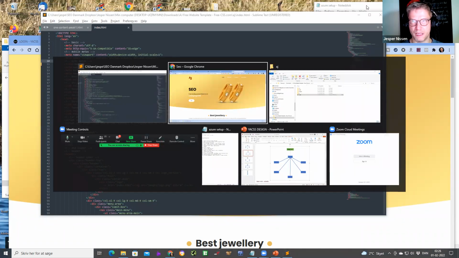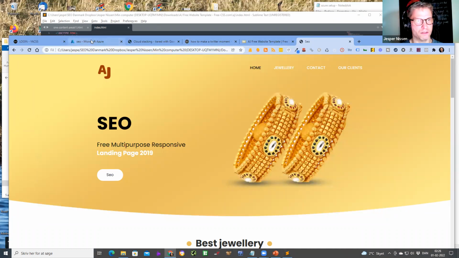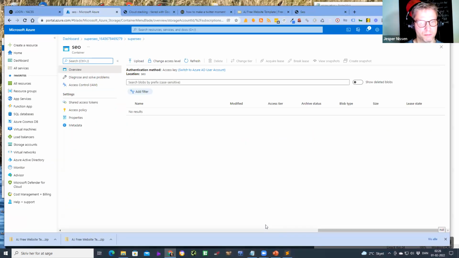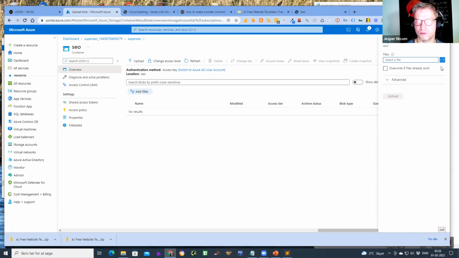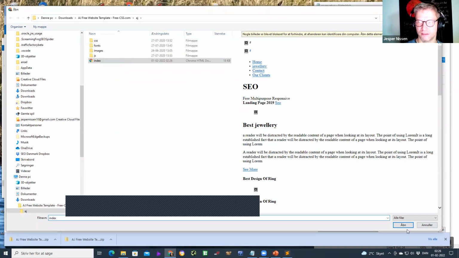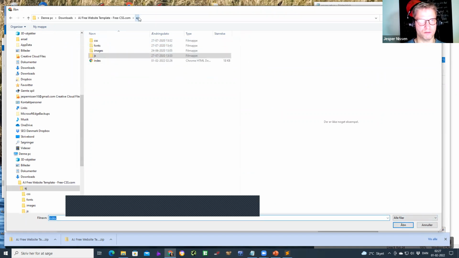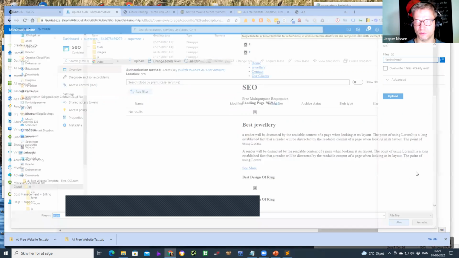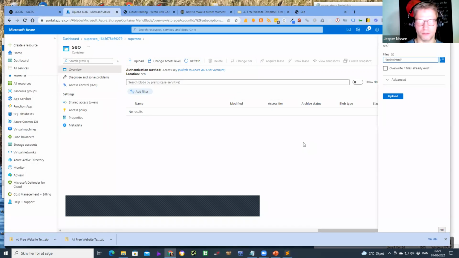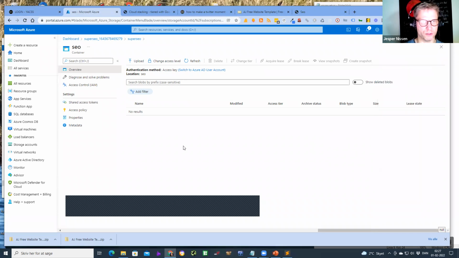Now I think I'm actually done here, because now I can upload. I can upload HTML files from here, but I'm not an expert in using this backend because I never used this backend. I just tried, and it seems that if I click on index and select all these files, it doesn't understand this. So I can only upload one file at a time, and that's a little bit annoying, right? So that's not what we're going to do.